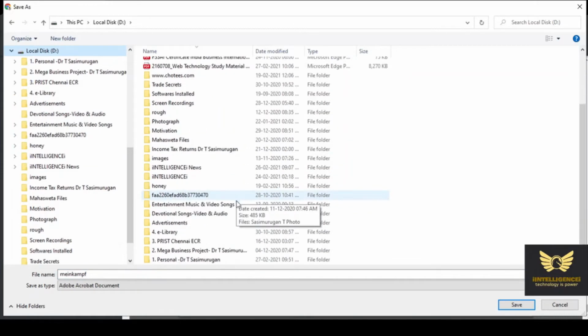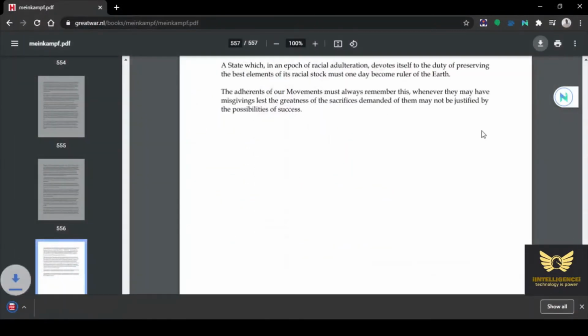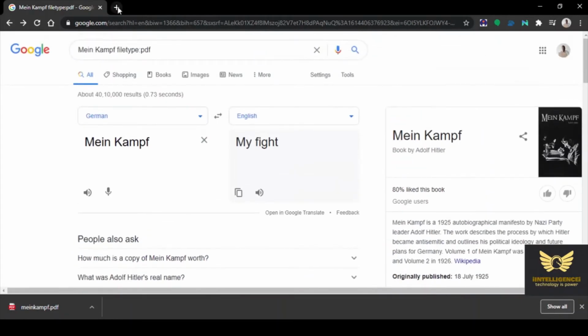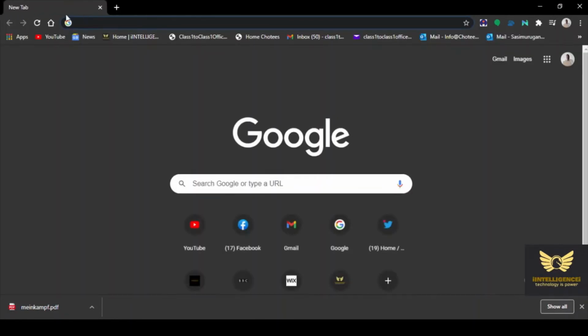You can also save it. Coming back, let us see another technique. The next technique in Google search.